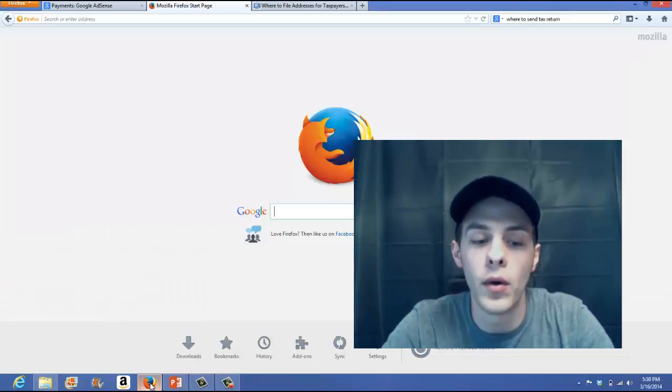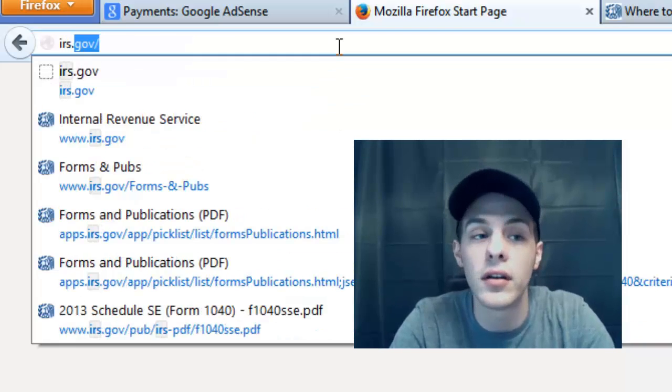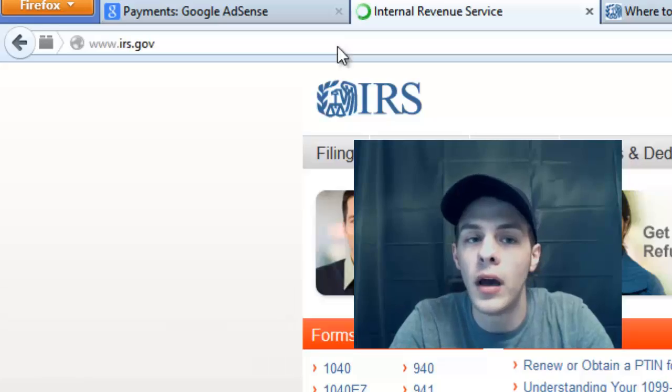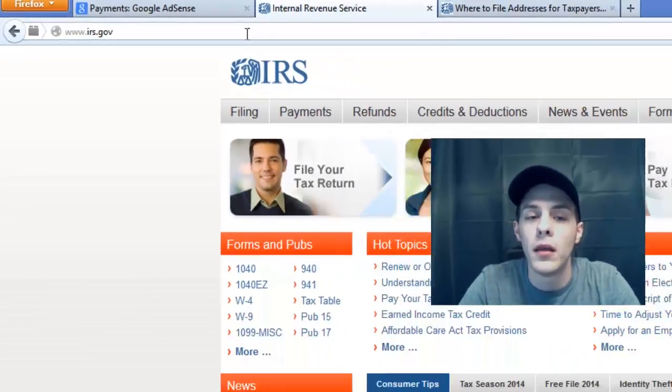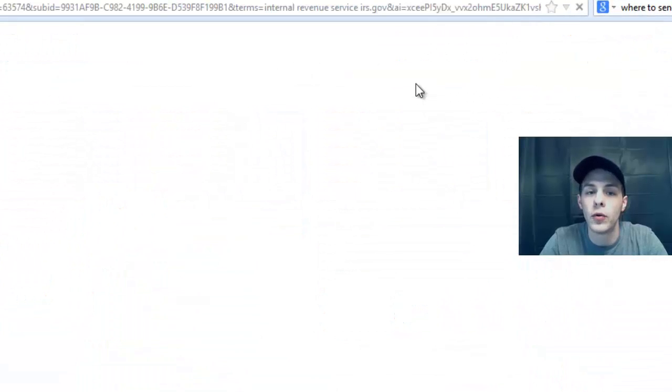So I'm going to open up my web browser. I'm going to type in that URL, which is irs.gov, and that's going to bring me to the IRS's homepage. Then once you're there, you're going to click on Forms and Pubs. So you click on Forms and Pubs,